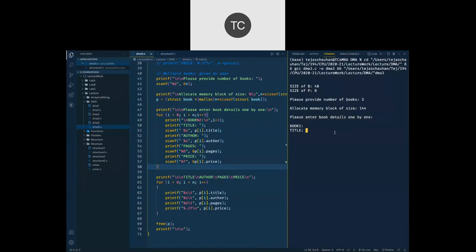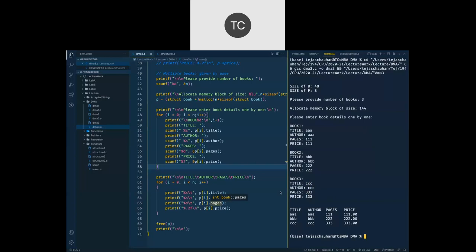So it says, please enter those details one by one. So first book is A, author is A, 111 is page and 111 is price. Then we go for second book. Let's say title is B, author is B, page is 2, price is 2. Then it goes for third book. So let's say title is C, author is C, pages are 3 and price is also 3.